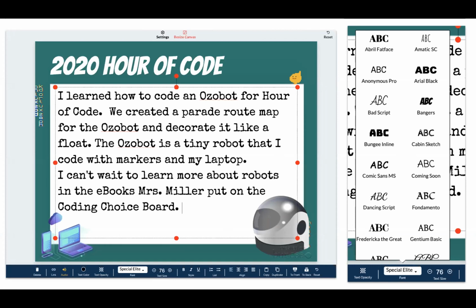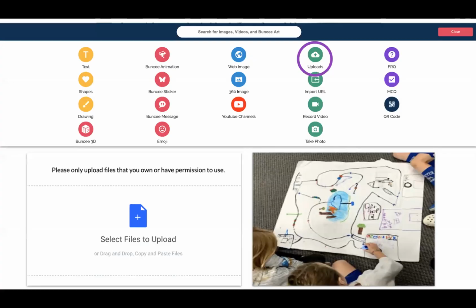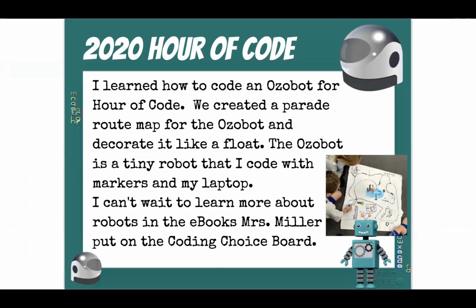their page theirs. And I think that's the cool thing about Buncee, is really making it where their voice can be heard through their Buncee and their work. And so I love how they can add stickers and animations. They can even add their own video. They can add pictures that they have taken. And so like for our Ozobot example, they could even hold up their map and take a picture and add that then to their journal, and even reflect with a video, or even with just a response that they would